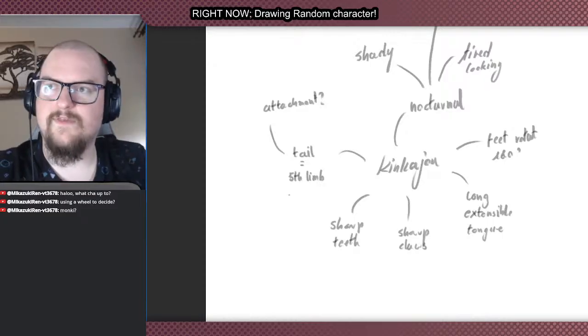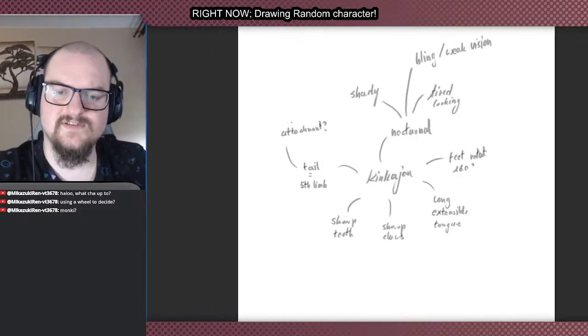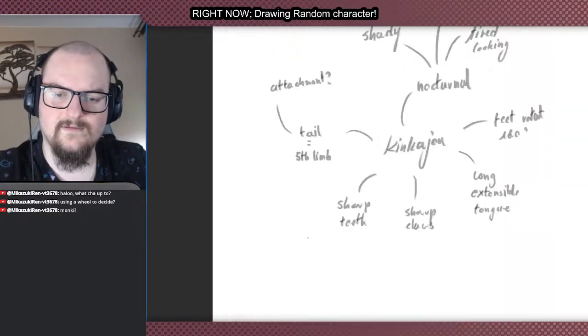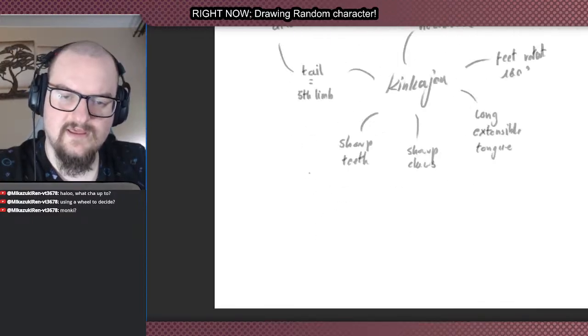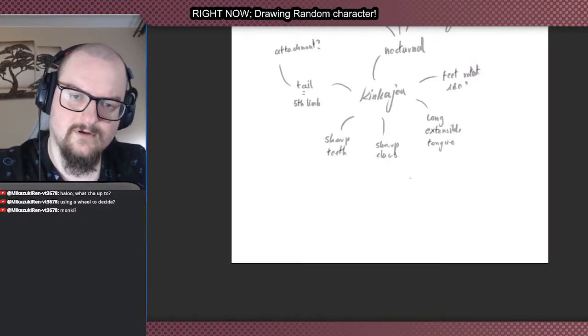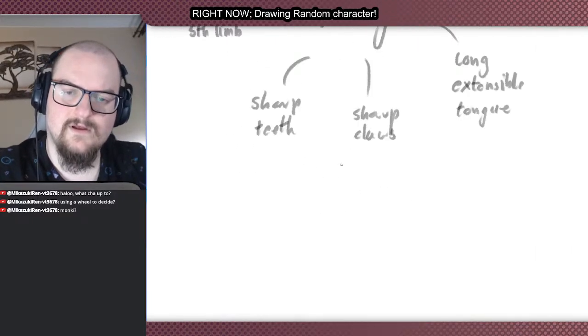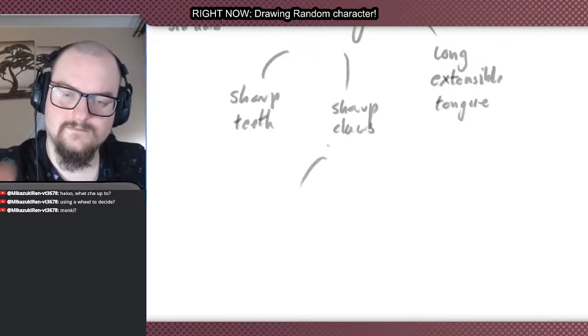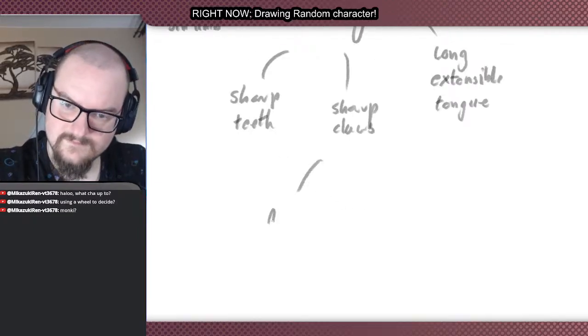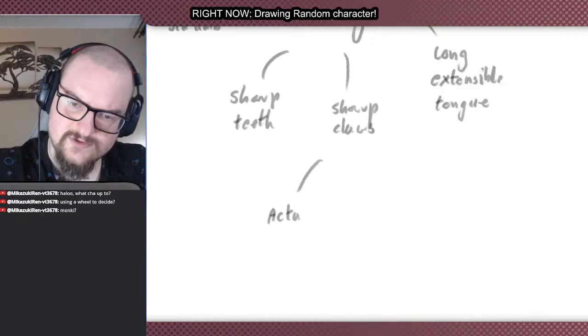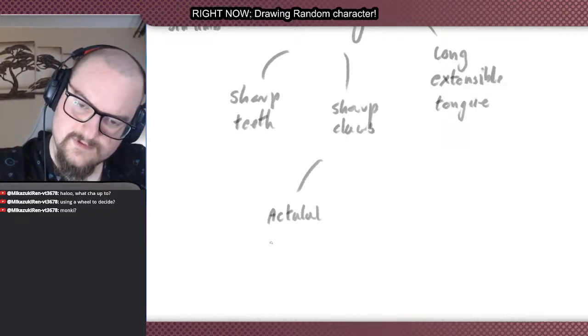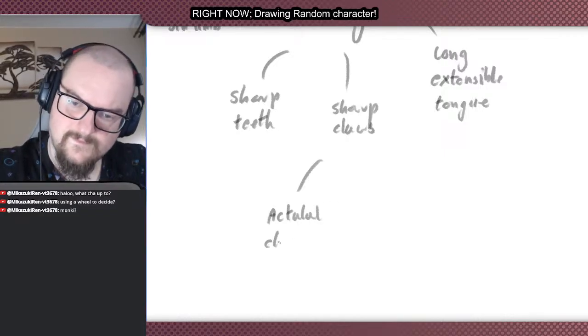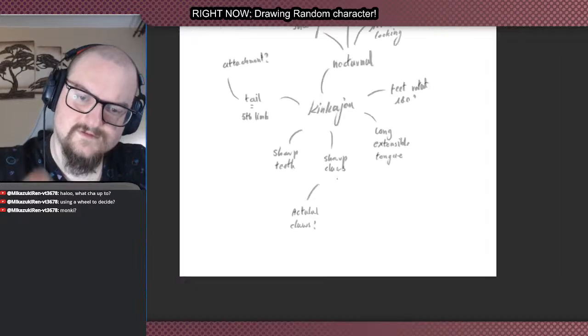Those are also a thing. So dexterous tail, sharp teeth, sharp claws, actual claws,